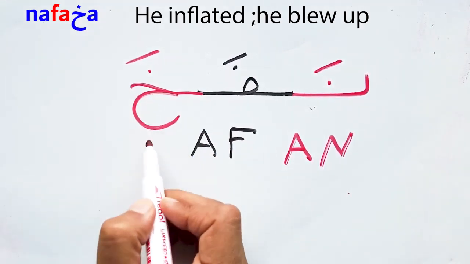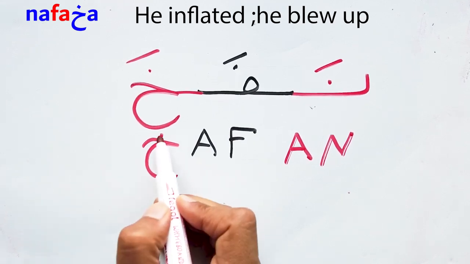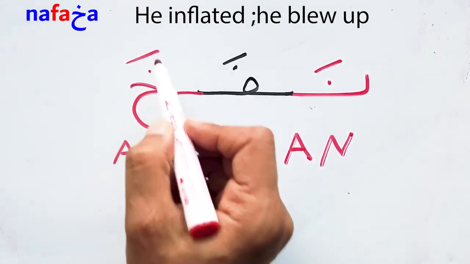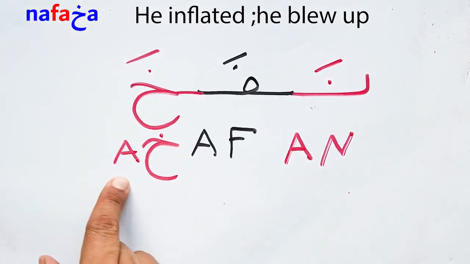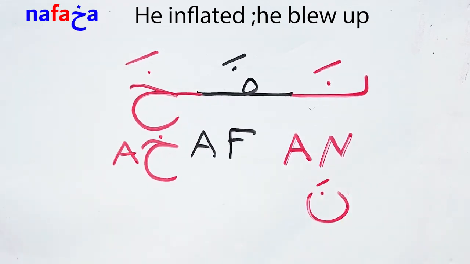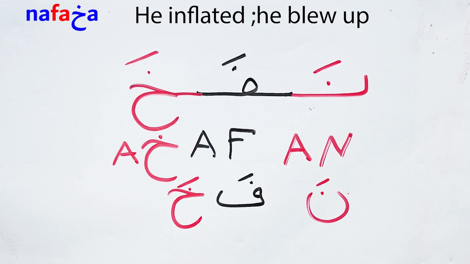And finally we have kha. The sound of this letter does not exist in English. Remember, when you snore at night, not you, but I'm just saying anyone, okay? So it sounds like kha kha kha. When we have A, this A, which is fatha, in the end. So we have na, fa, kha. Shapes out of the words are like this. Na, fa, kha, nafakha.